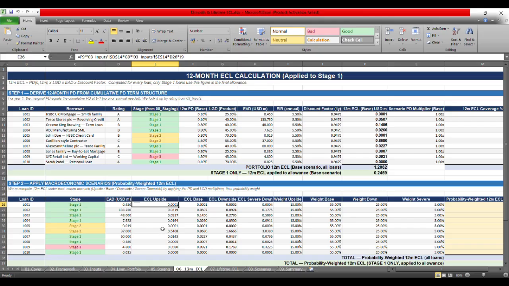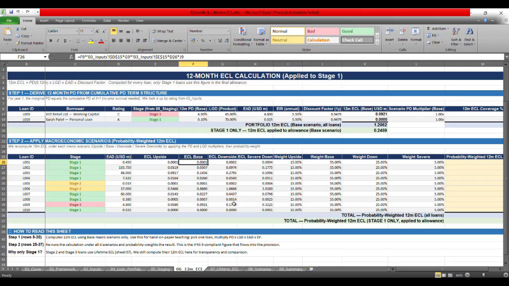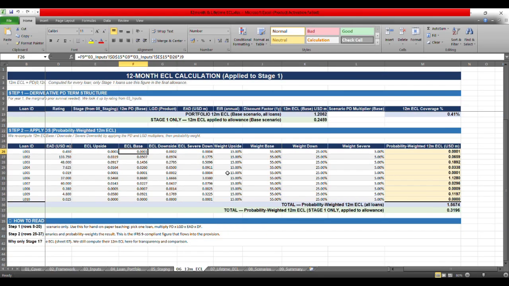Similarly, you can calculate the upside ECL for all the other loans, and likewise you can calculate the base, downside, and severe ECL as well. Then you remember that we have the weighted allocation as well. You combine all together, and our target is to find the probability weighted ECL. So with the ECL upside, you have the upside weightage, plus the sum product of this ECL with the weighted allocation. Then you get the weighted ECL for this particular loan. When you repeat the whole process, you have the final total ECL.